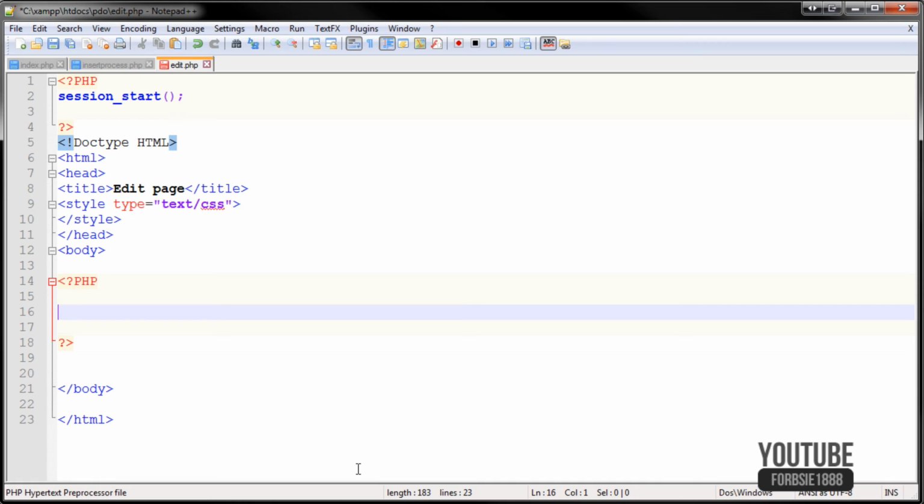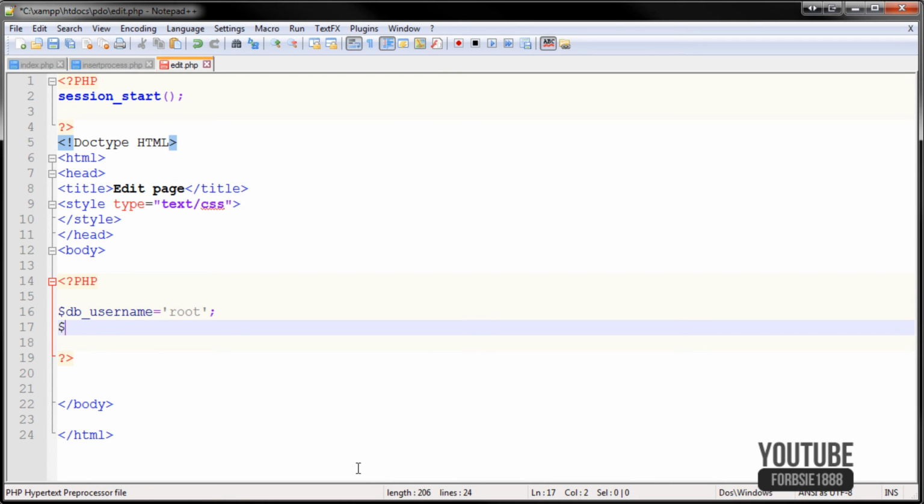So in here we're going to do the same as we did for the last one. So db username is equal to, and then whatever your username and password was, mine is just root, and then db password, and I don't have a password, but you may do if you're doing it on